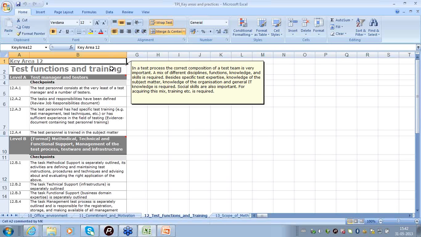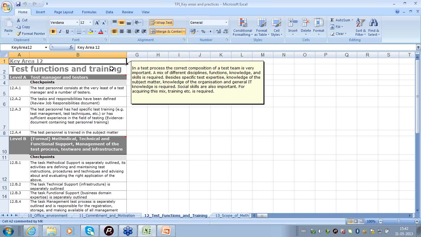ensures that the test function is in general successful, and it also acknowledges the fact that such a required level of diversity in skill sets and the required mix can be achieved by regularly training the staff.